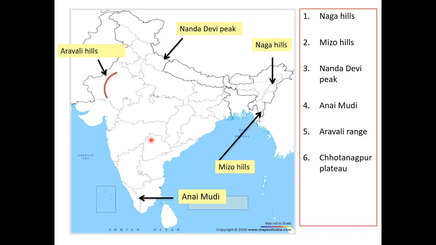Aravalli Hills is a mountain range which is called the oldest mountain range in the world. As you have seen in chapter 2, Himalaya are the youngest mountains. Aravalli are the oldest mountains. They are decreasing day by day, while Himalaya is increasing day by day. Aravalli also marks the Malwa Plateau's boundary. We see the Malwa Plateau from here, and this is the outline of Malwa Plateau. These are the Aravalli Hills. They lie in Rajasthan.